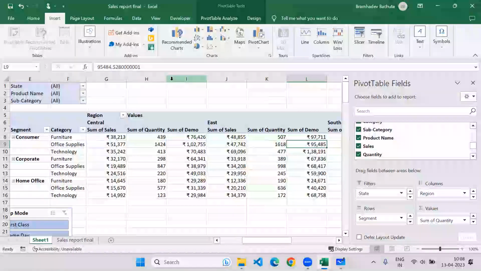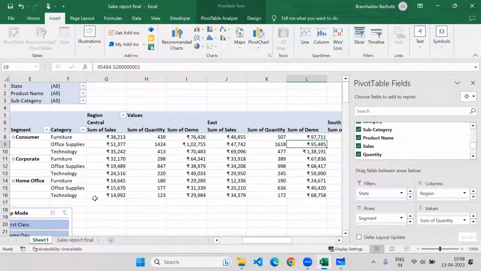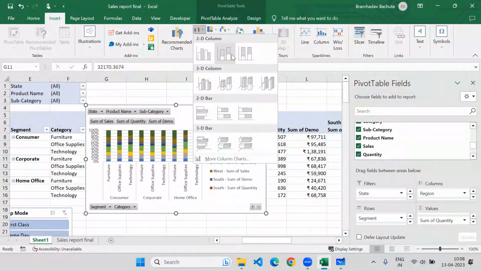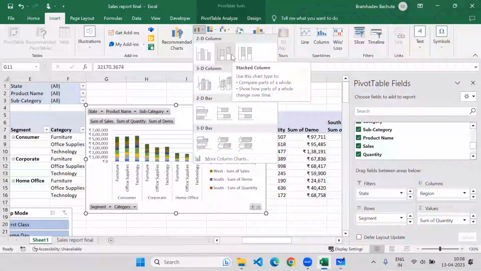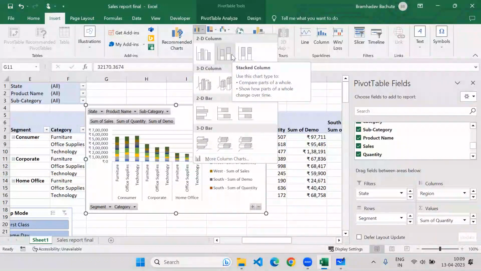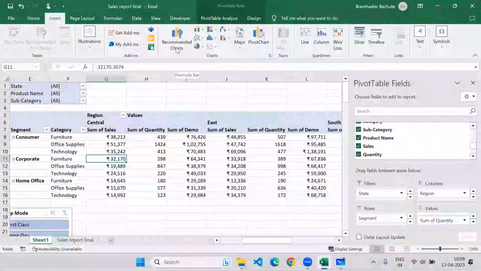Then next, once you are ready with the pivot table, Excel has column chart. Then Excel has stacked column charts. So these are the chart types. As I said, charts are used to visualize the data or summarize the data in an effective way, so that you can compare the data and talk about the data very easily. So what are the different types of charts Excel has? We can